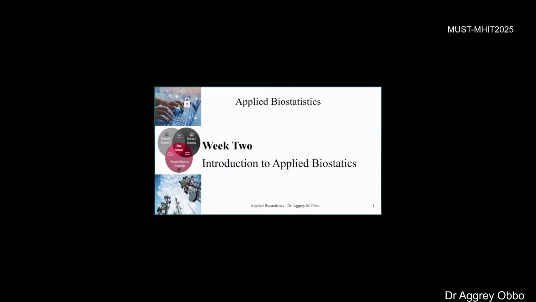So that is normally categorized based on something. In this case, the source. So we have primary and we have secondary data. Primary, how do we look at it? This is data that you